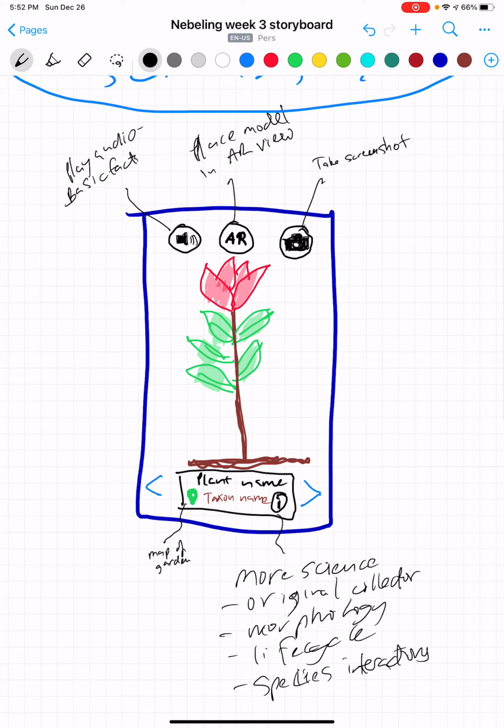The top left one will play audio of some basic facts about this plant. The AR button will allow you to place this model in an AR view. So whether you're in the garden or at home, you could actually place this on a surface and look at it. And the upper right button allows you to take a screenshot of this as well. So you can imagine if you're in the garden, you could actually have the 3D model next to what the